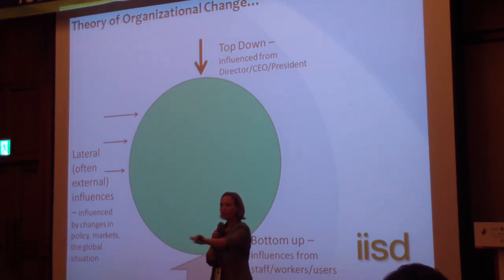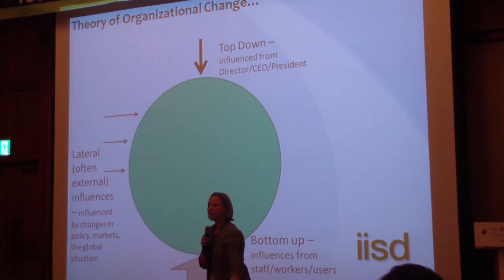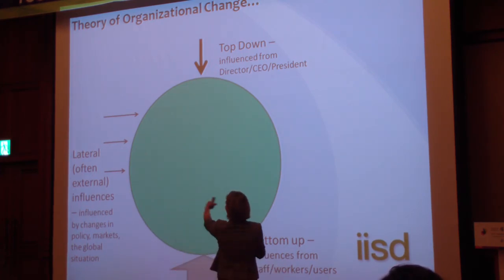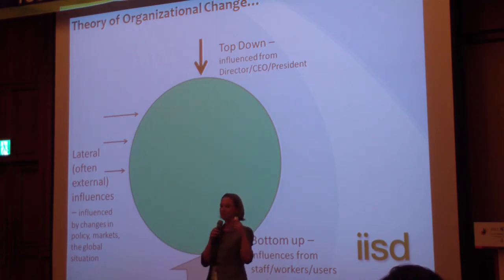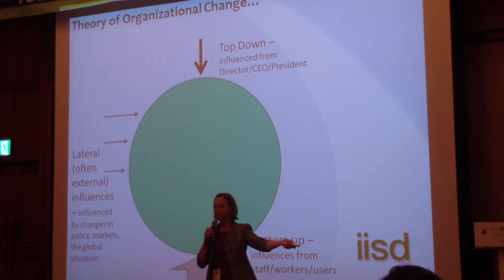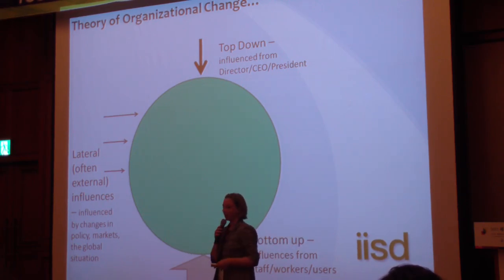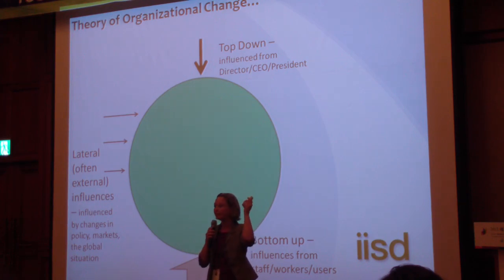So to make changes within an organization, the best way is to have influences from the bottom, so you get the workers, or most of the people within the organization, to agree. Then have lateral influences, so that means you have a strong policy that supports the change. So maybe the university will make a policy for improving efficiency. And also support from the top. So then the president of the university or the director